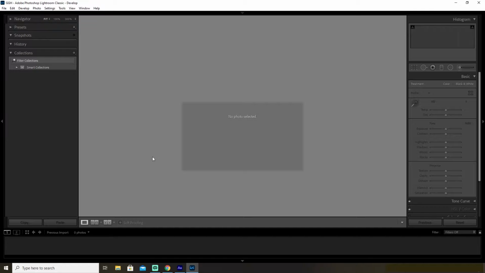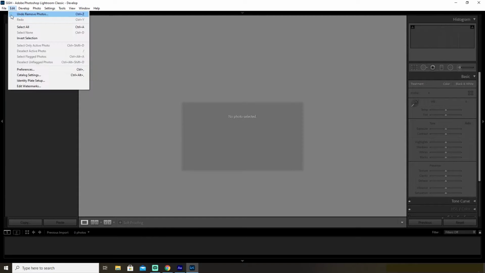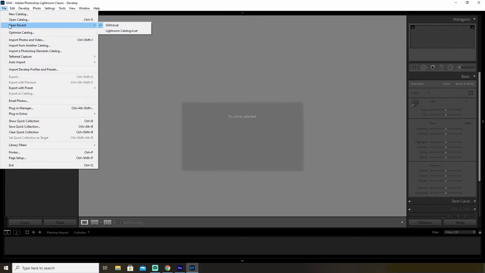Before we go any further, as I pointed out in my previous tutorials, I like to introduce the beginner to a software's interface so that you know how to maneuver within it before we get into details. First off, we are going to the File tab over here. It comprises New Catalog, Open Catalog, Open Recent, and